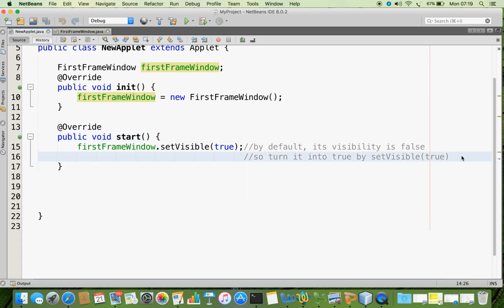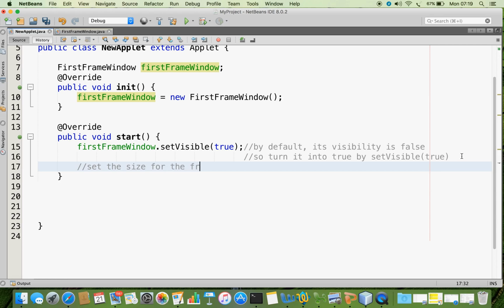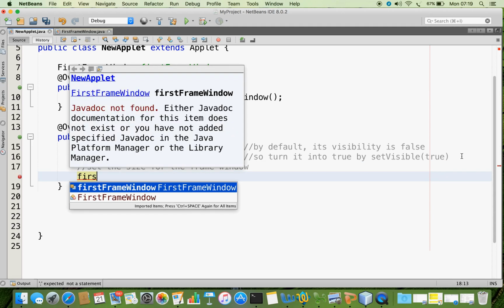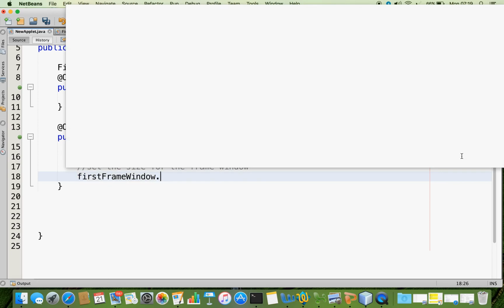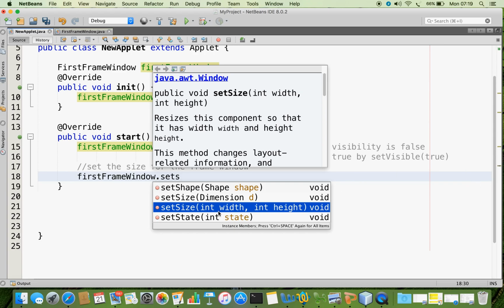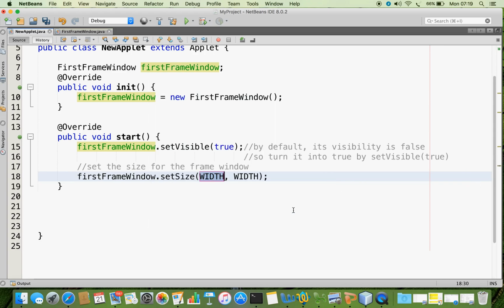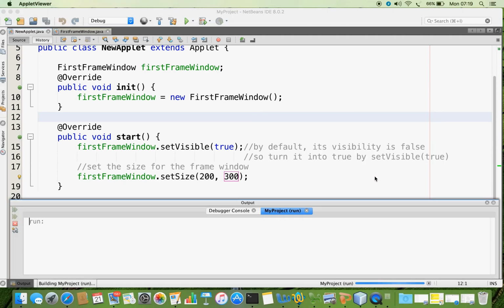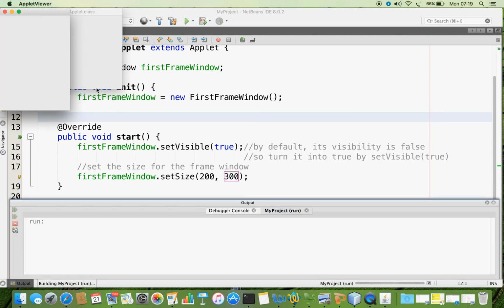Now we are going to set the size for the frame window. For that, use the frame window object dot setSize. As you see, two arguments we can pass, width and height. For example, 200, 300. Now I am going to run the file once again, and you can see that now